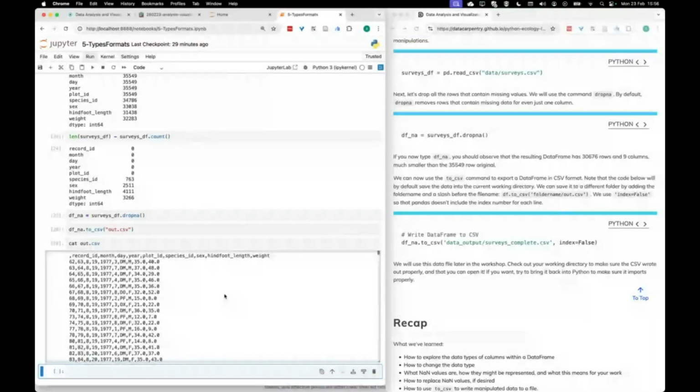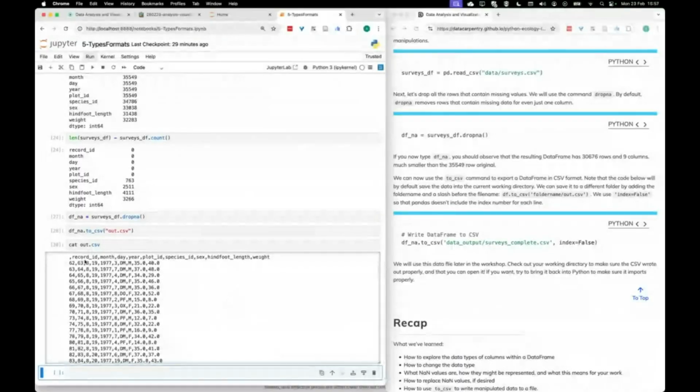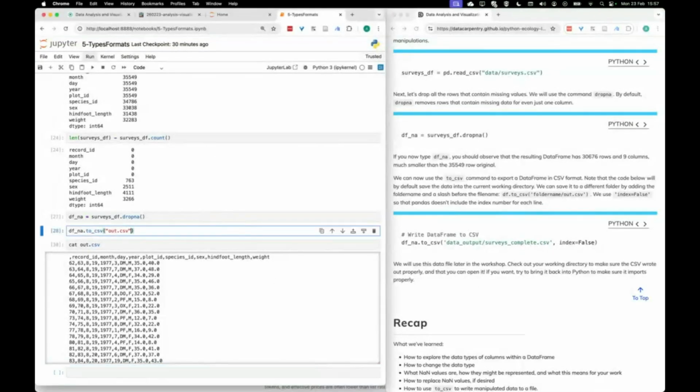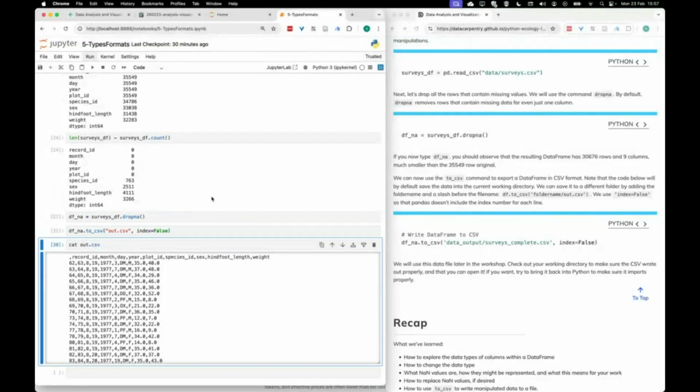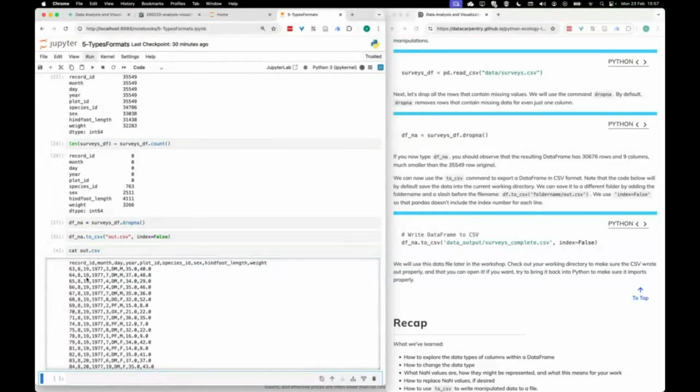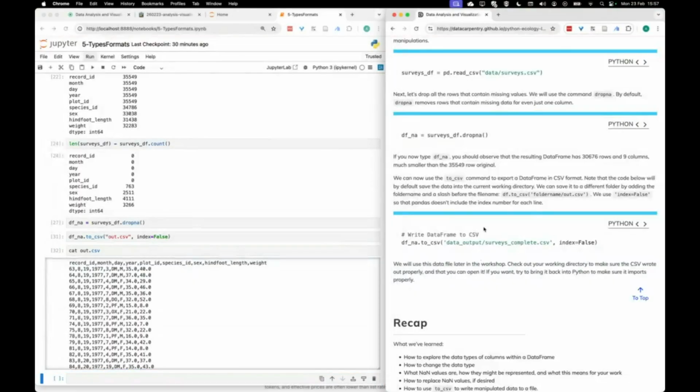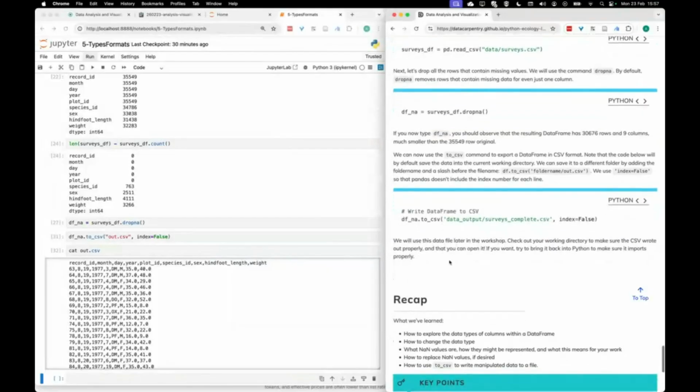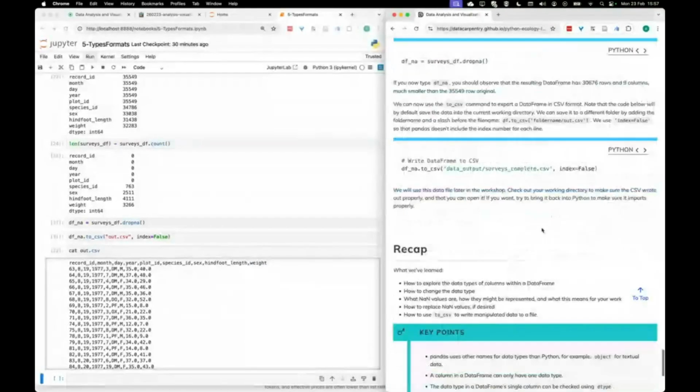So you can see there the column labels and the values. I think what this is talking about here is index equals false. Let's see if we write out the data again, but this time with the option index equals false. So let's look at the difference. Okay, so I think the default was already that it was false. So it may have changed compared to this version of pandas that this is written for. But yeah. So to recap,